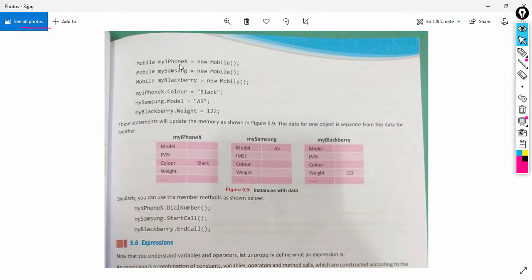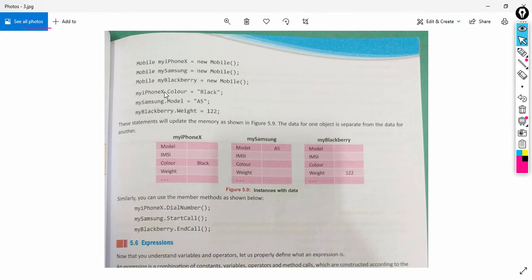We are creating the object of mobile class, three objects of the class mobile, which are my iPhone X, my Samsung, my BlackBerry. These three objects will have the same attributes, but for those attributes we can assign different values for each object.